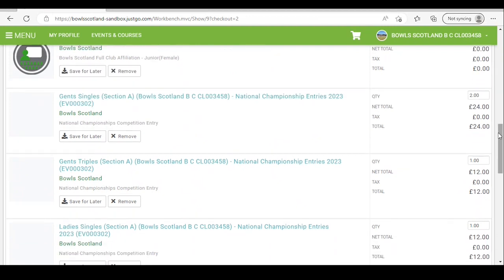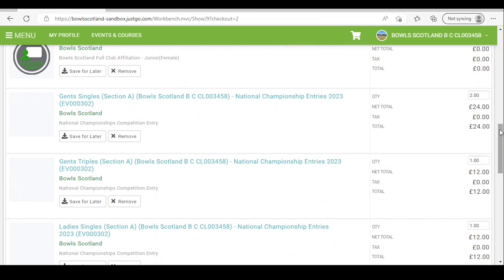Competition entries will also be there as well. It's really important to check our cart now and make sure that the number of entries is correct. Once you check out, this is not something that you can edit, so take time to ensure it's correct. Something to bear in mind is that anything added to the cart will remain in the cart even if you log out. So if you've added competition entries to your cart previously, they might still be there when you return,